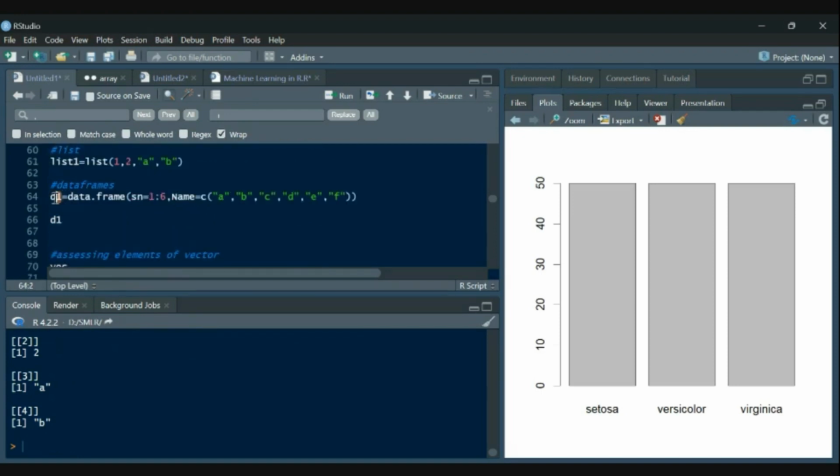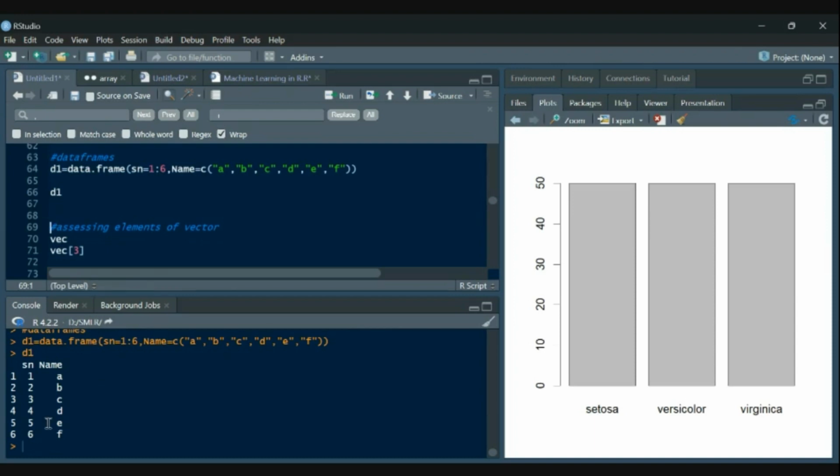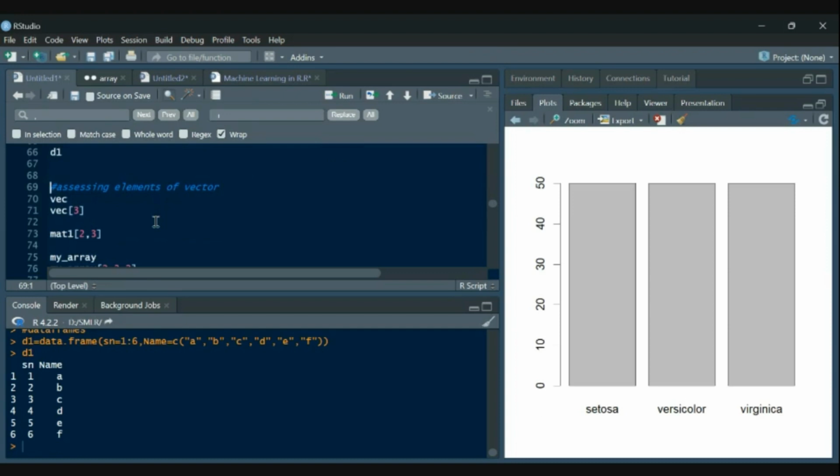Then come the data frames. For data frames, we use data.frame. We simply run this and it gives us this variable. So data frame does the same thing. It keeps intact the nature of the values given to it. Then how to access elements from the vector.